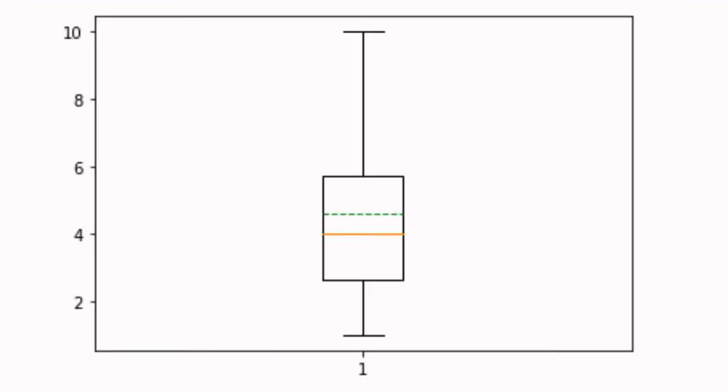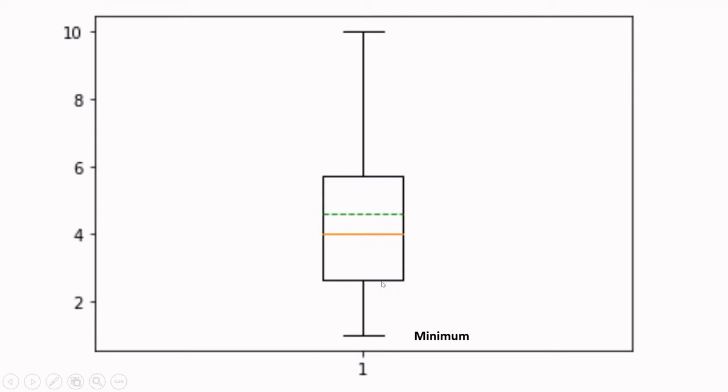In this video, we're going to see how to create a box plot. Before we proceed with the procedure on how to create it, let's understand what it represents. This lower line over here represents the minimum value in the supplied data.